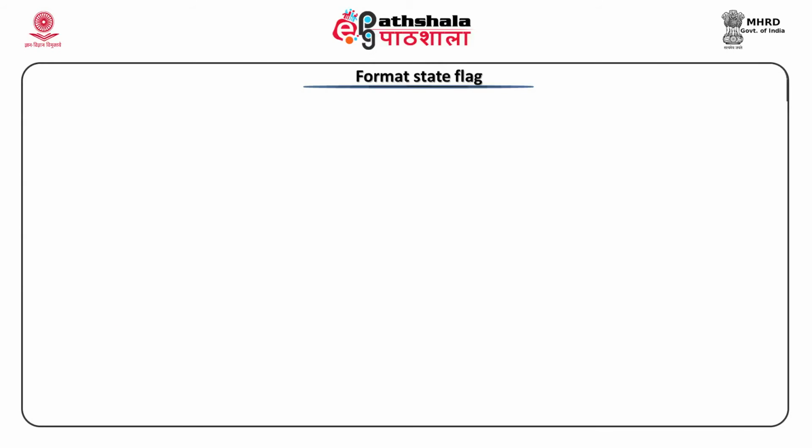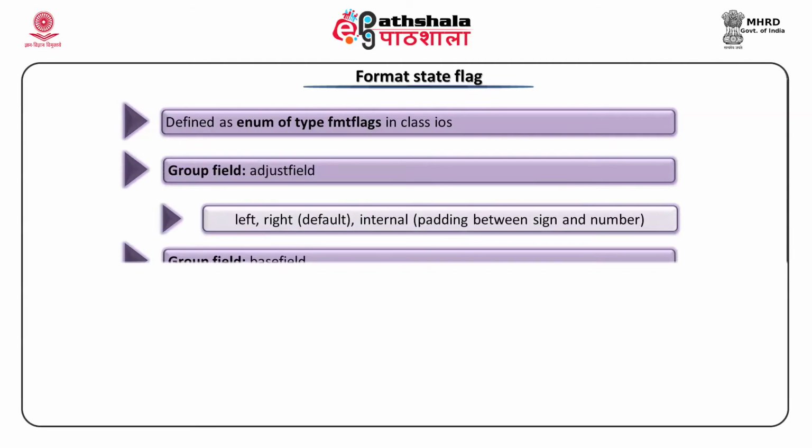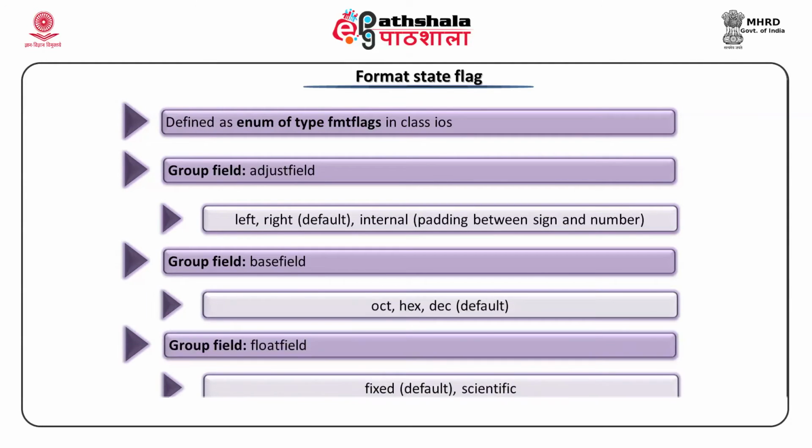Now, the fourth one, format state flag. The format state flag consists of different bits which can be set individually. As said, it is of the type enum, which is defined in the ios class. It is of the type fmtflags defined in ios. Now, some bits are grouped. For example, adjustfield. The name of the group is adjustfield and it has the 3 bits left, right